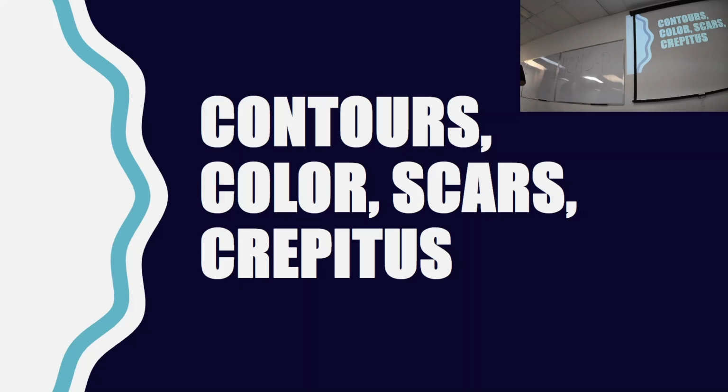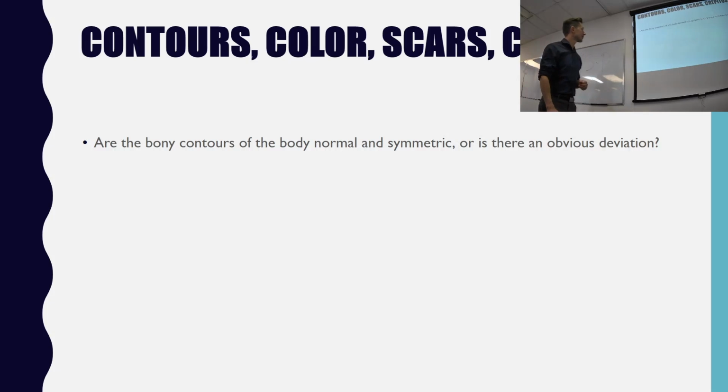All right. Next thing within observation: contours, colors, scars, and crepitus. Are the bony contours of the body normal and symmetrical, or are there deviations? So, assuming we can see bony contours, which is certainly not always the case, we want to make sure that